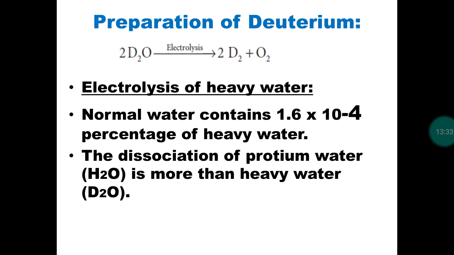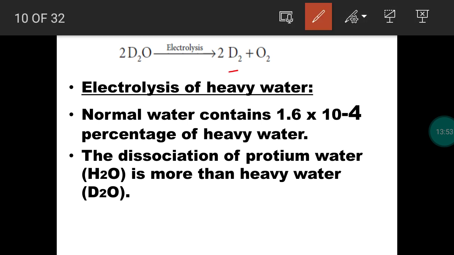So next isotope is deuterium. So deuterium will exist in the form of D2. We know that single atom is unstable. Single hydrogen or a deuterium or a tritium is unstable. So it is trying to be in the form of a diatomic molecule. So we have to prepare D2 molecule, deuterium molecule. The method is the same electrolysis process. We know that protium has more abundance, deuterium has less abundance, tritium is having very low abundance.